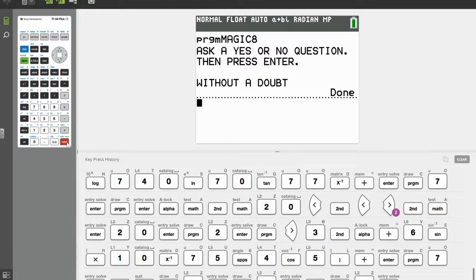So it's going to always randomly generate a number and you can have lots of fun with your friends. You don't have to put in all 20 responses. I mean, those are just options. You could even do like 8 or 10 responses and it's still really fun. Just make sure you have a good mix of